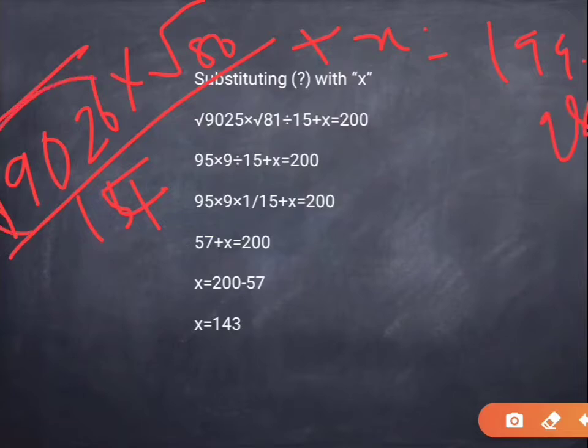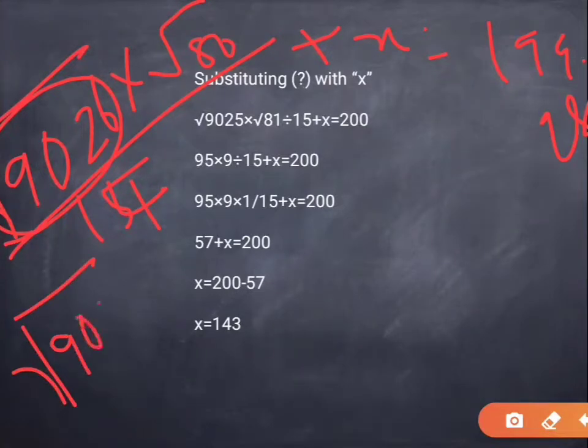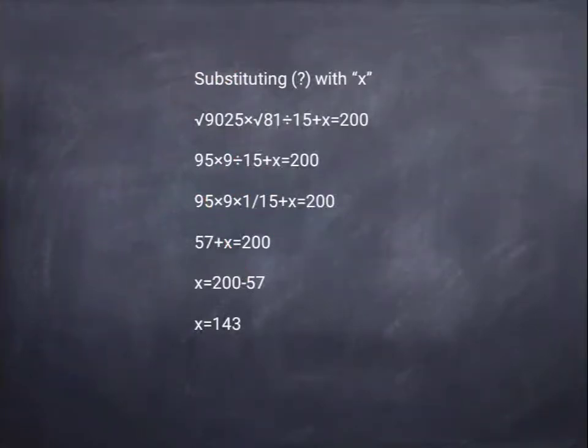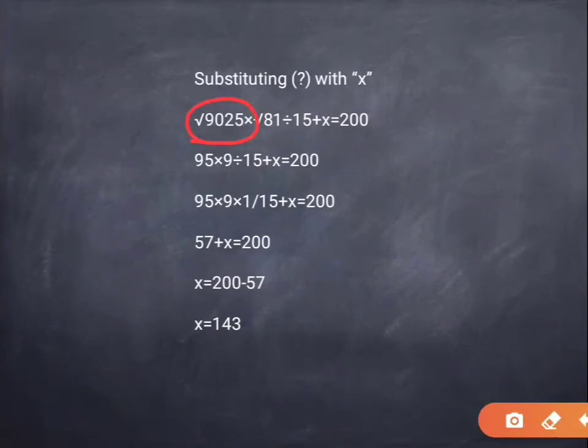So just take this as square root of 9025 for our convenience, and this as square root of 81, because we can easily find the square root of 9025 and 81. Hence we take it as square root of 9025 into square root of 81 divided by 15,